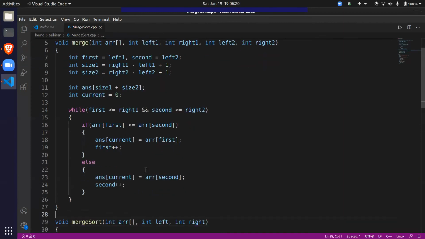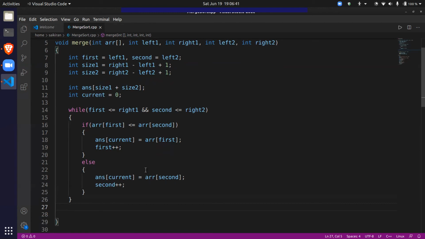Okay, so this is the first part of merging. So are we done? Is merge finished? There is still one more step. When this loop completes, we still have some remaining elements.